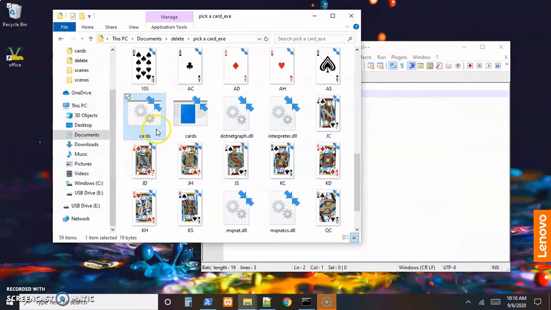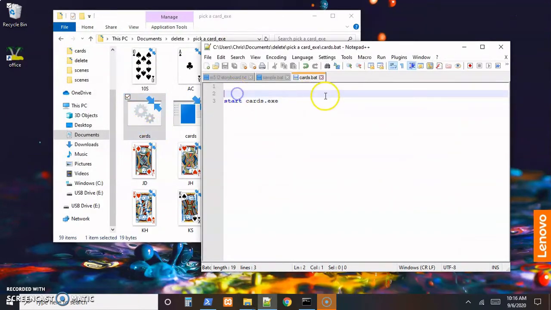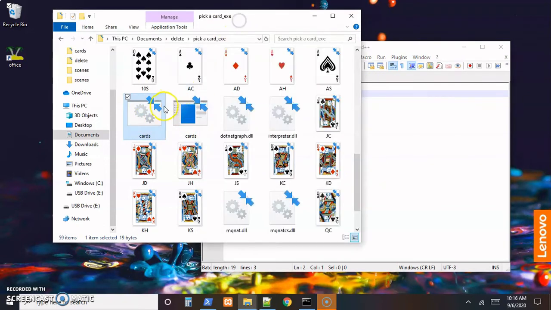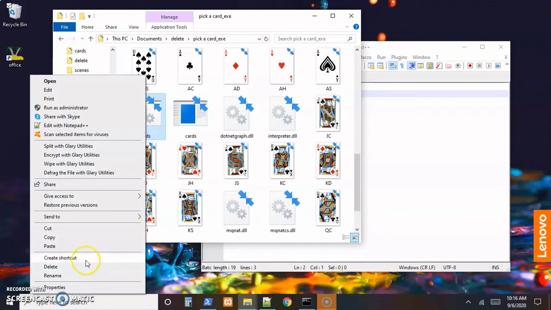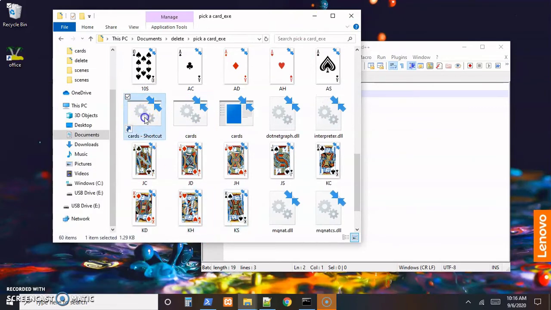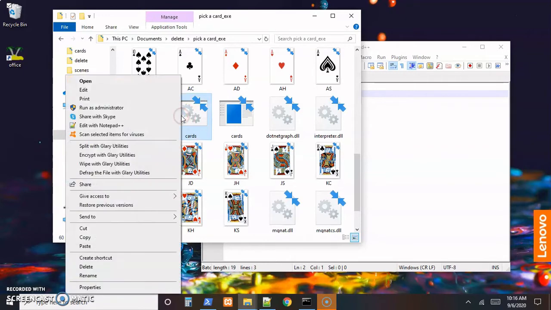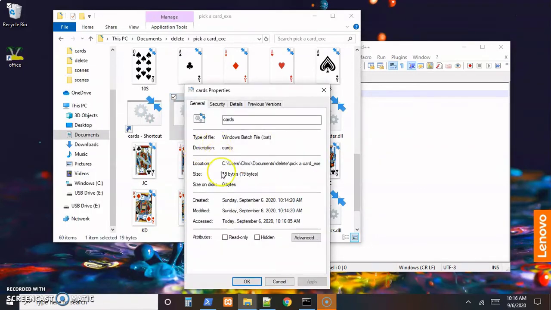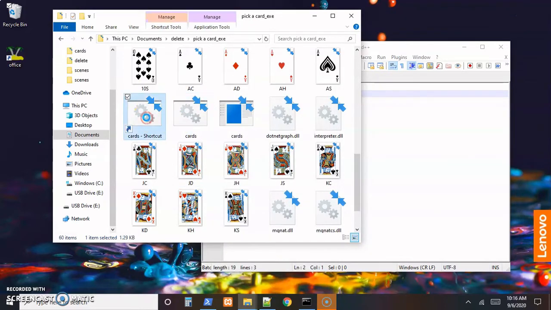So that is what we would give the user. We'd put together a selection structure to make sure all the resources we need are available, or go to the internet and download them if they're not, that sort of thing. And then that is what we would have the user start. Probably with create a shortcut and then give the user the shortcut to that batch file. The main reason for doing that is because, well, if I go to properties, you'll see there's no way here to change the icon. So if we wanted a specific icon,